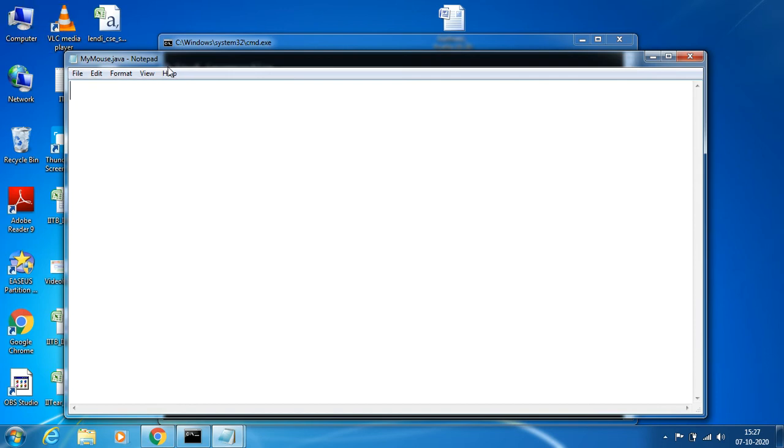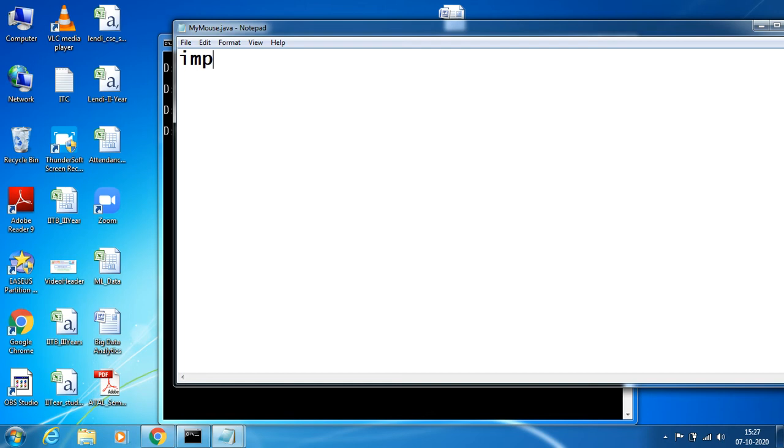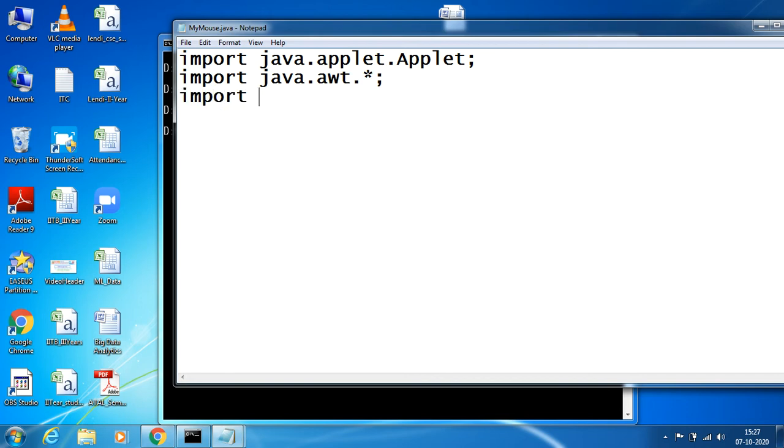I want to apply some mouse operations. So first, import java.applet, import java.awt.*, import java.awt.event.*, and create a class now.